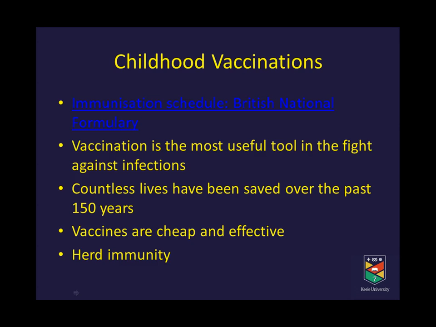One thing vaccines can also do is this concept known as herd immunity, and that's basically where if you vaccinate more than 90% of a population in a given place, the other 10% won't get the disease as well. And that's where you see recent scares about measles, where actual vaccination levels have dropped below 90% in these areas. So vaccines are really good, and we really like them. And as a pharmacist, you should really promote the vaccination schedule, because there's a lot of evidence out there to say